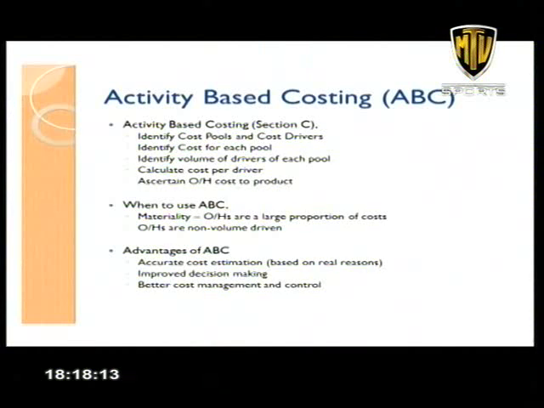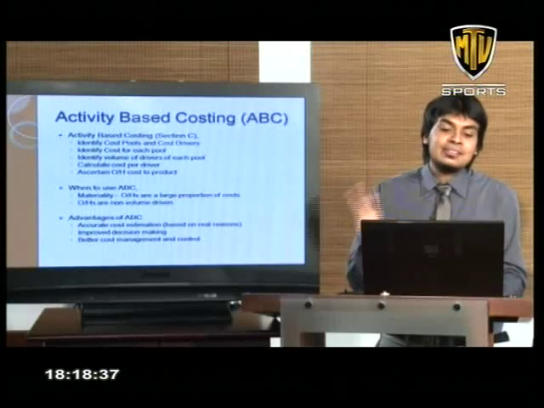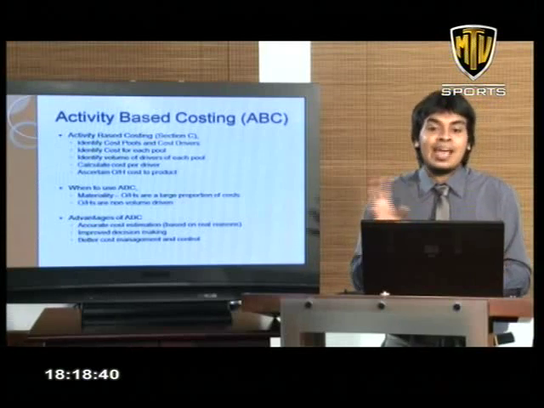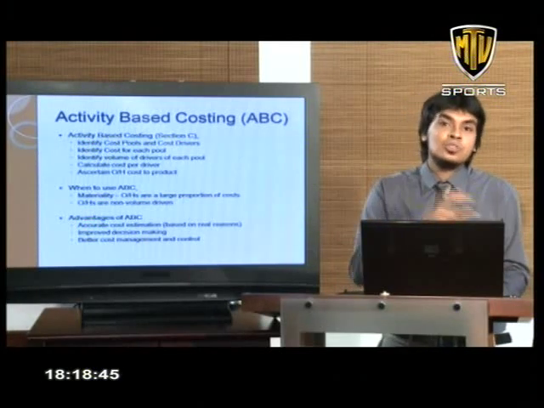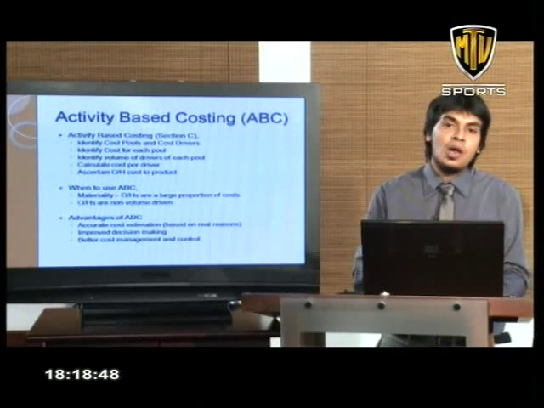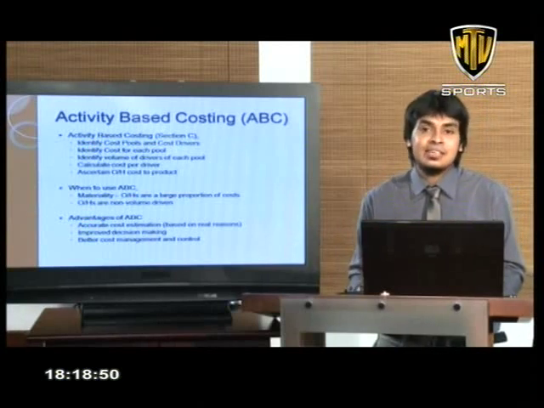So therefore an alternative was put forward by the name activity-based costing. So in activity-based costing, what essentially happens is you try to build these fictitious locations and accumulate all the overheads to these fictitious locations. You accumulate all the overheads that depend on the same cost driver. So what essentially happens is then you calculate a cost per driver for each of these cost pools, and then those cost per drivers are absorbed to the product based on the number of drivers that will be consumed by